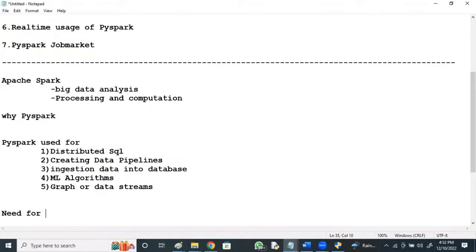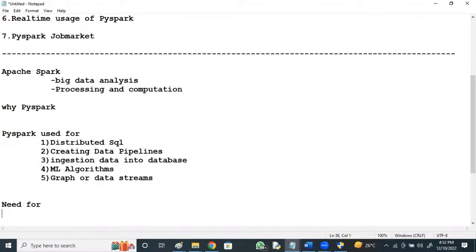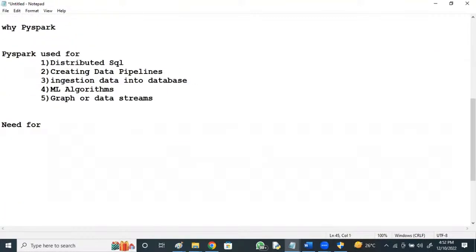Huge data is there, you process it, make it a structured format and create a data frame. Your data is distributed across multiple systems. The main advantage of Spark compared with other technologies is very high speed processing. Your data gets distributed across multiple systems and is processed parallelly.